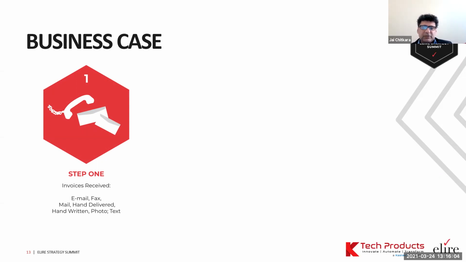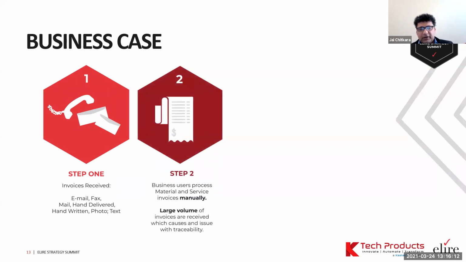Right? Because these could be passed from one department to another department. They can come in the shape of a photo image. They can come in the shape of a text image. Now, obviously, the business users are going to see that, what type of invoice is it, the large volume which